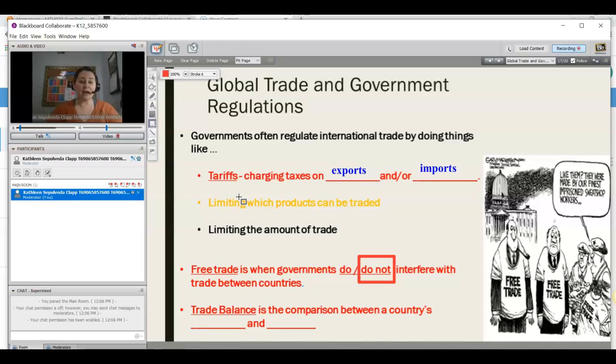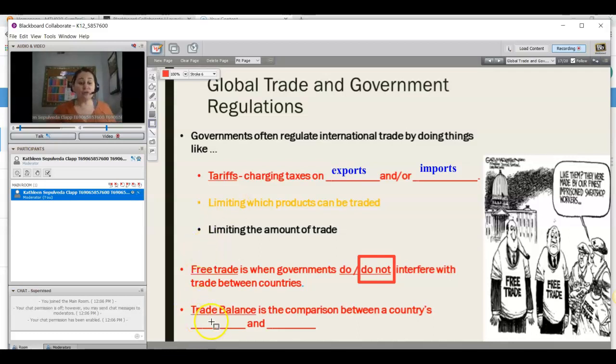But some countries actually rely on those tariffs, those taxes on exports and imports, to survive. So again, you have to look at your situation here. Free trade does sound great on paper, but if you go to a country that relies heavily on exporting goods and relies on those taxes, can that country survive? And so that's where the question comes in: is free trade really good?